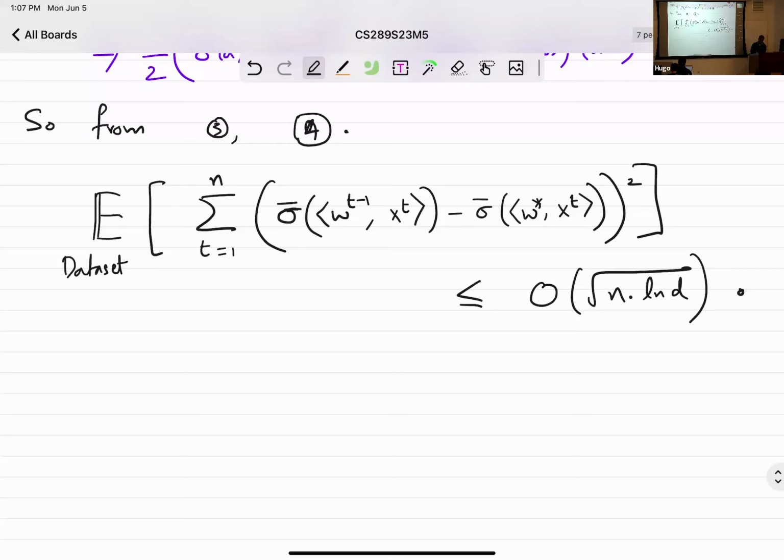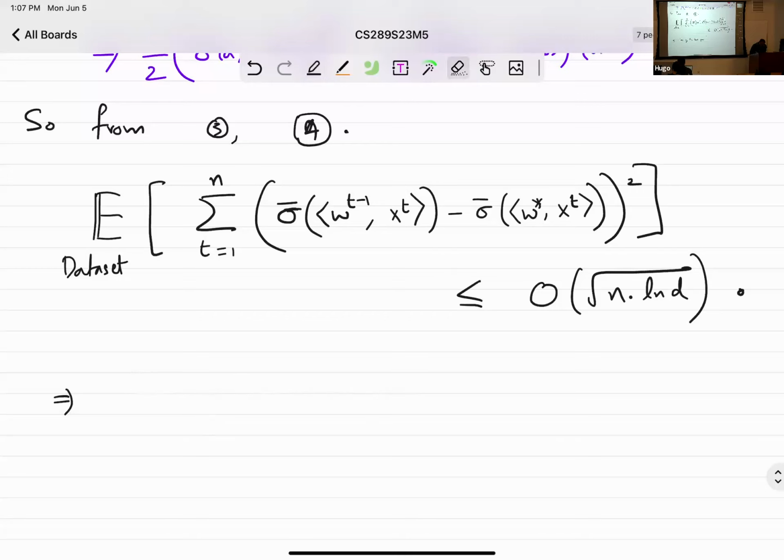It said among all of these individual iterations, pick the one which has the smallest loss. Right? So that implies that the loss of the best predictor